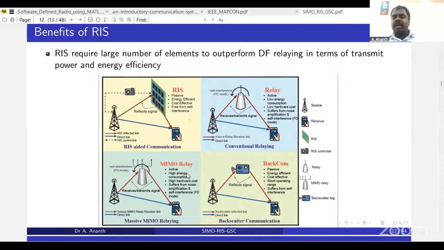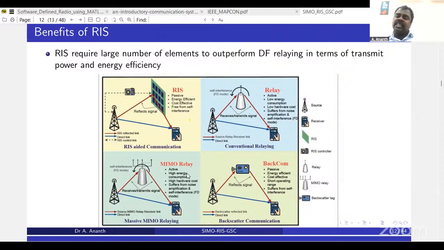The problem with this relay and MIMO relay is that there is a device which has to be powered and it requires a high amount of energy, or otherwise needs a high amount of power to be consumed over time. Because this relay may operate under two modes: either amplify and forward mode, or decode and forward. In both cases, it has to do some sort of signal processing, which consumes some energy. Whereas if we incorporate a reconfigurable intelligent surface, which doesn't need any power source, as a reflector medium,